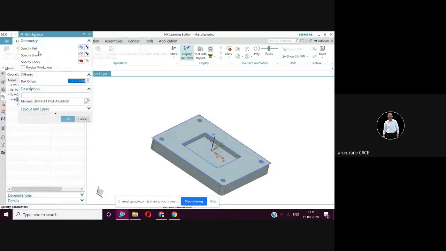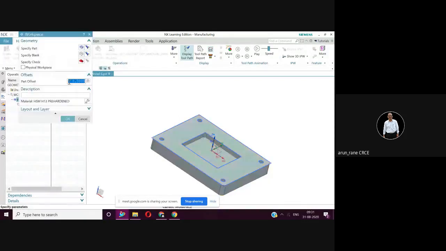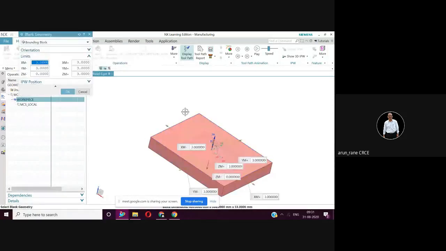This is very important. Specify part, click here, and see now it's already selected. The color has changed. So say okay. Specify blank, the size of the blank. As I already did, simply say okay here.